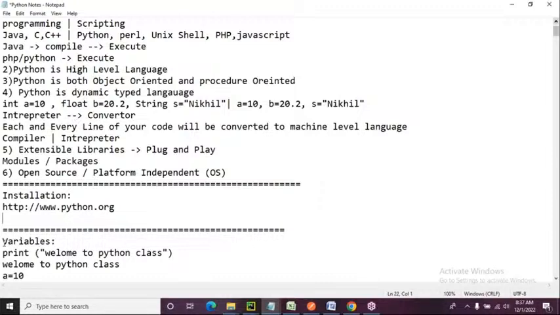So that's why you're dynamically typing it. So that means it is a dynamic type language. Okay, very important. And fifth point, extensible libraries. So this is very, very important that everyone should understand. Python has